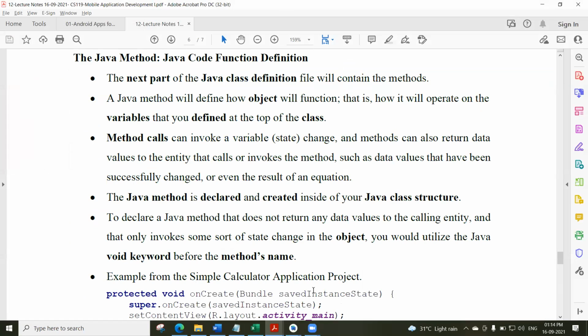The next part of the Java class definition file will contain the methods. A Java method will define how an object will function. That is how it will operate on the variables that you define at the top of the class. At the top of the class, you have declared the variables. How these variables will operate will be